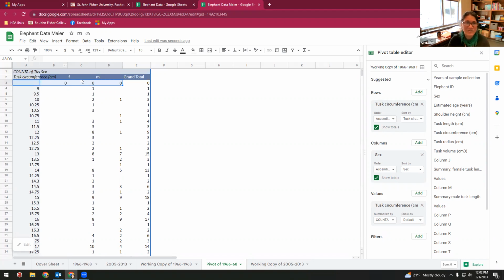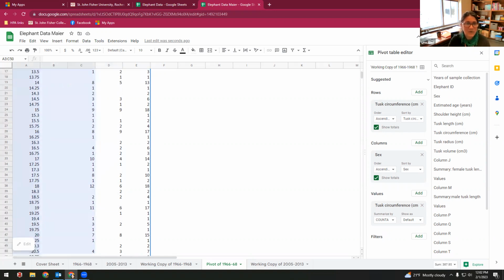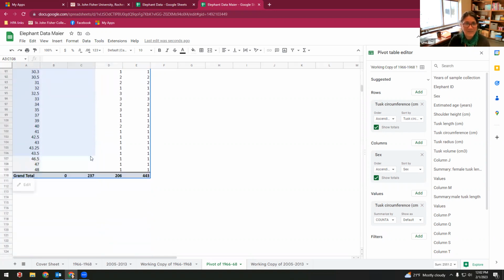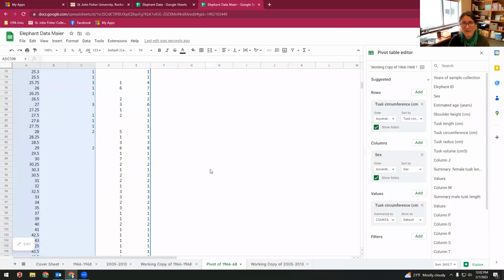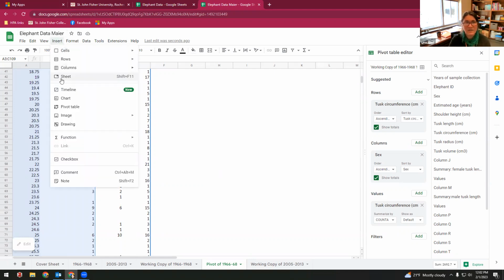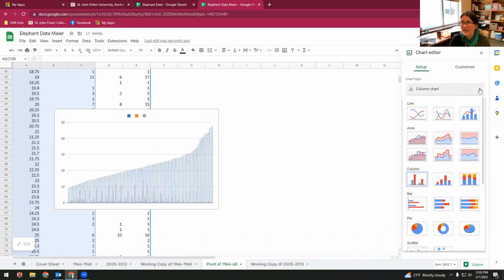Actually, I only asked you to do the females, so we can ignore the males. So we will take this data. One way to look at this is actually pretty slick, is to collect all of the data. So highlight all of the data from those two columns, and then insert a chart. And the chart that we want is